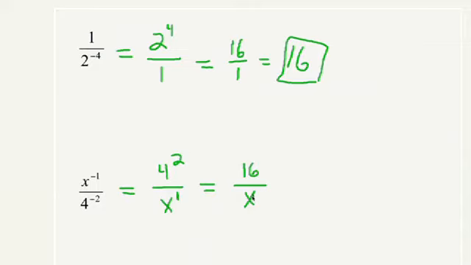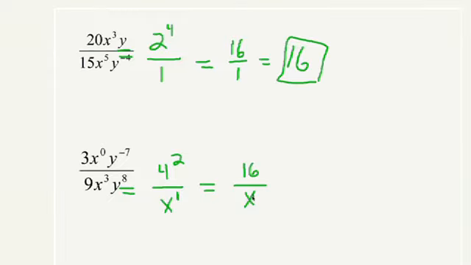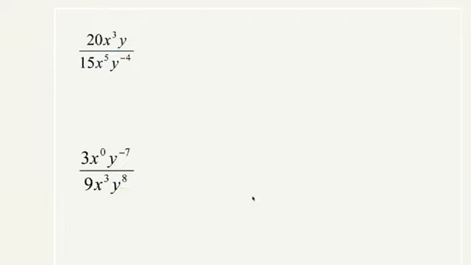All right, let's look at some problems that combine all of this stuff together. Now, if you have a problem like this with several different variables and numbers as well, my advice is deal with the negative exponents first, because in our experience, it's the place you're most likely to make a mistake. So I'd recommend you do this problem this way. I'm looking for negative exponents. This is the only one I see. So I'm going to copy everything else down where it is.